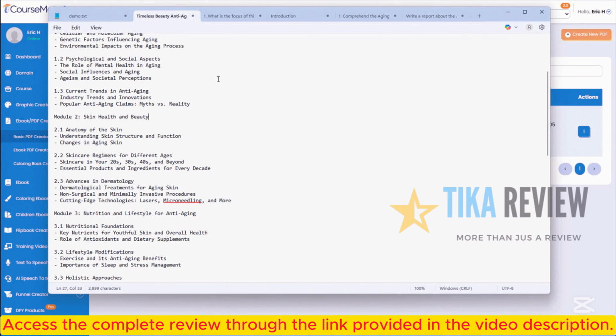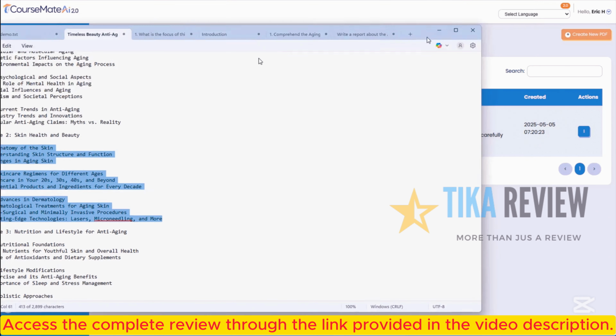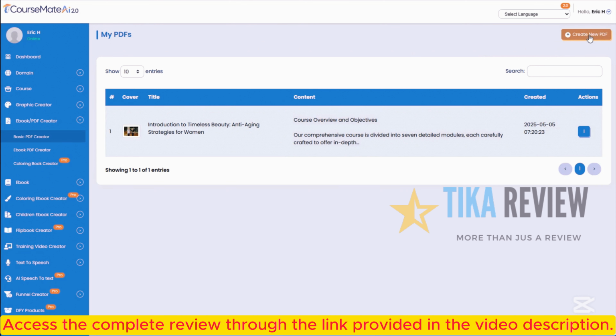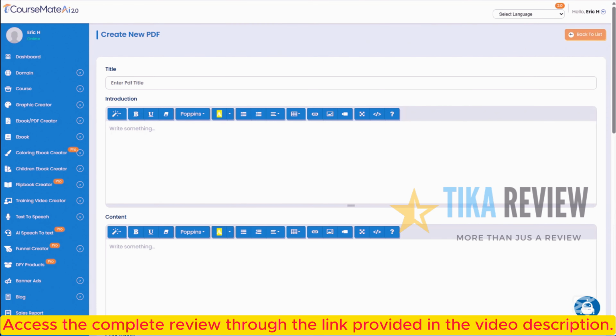Because I think I'm going to use PDFs for Module 2. Just looking at this, the way it's laid out, anatomy of the skin, skincare regimens, advances in dermatology, I think PDFs would be great for those topics. So we're going to click Create New PDF, and the first one is going to be 2.1 Anatomy of the